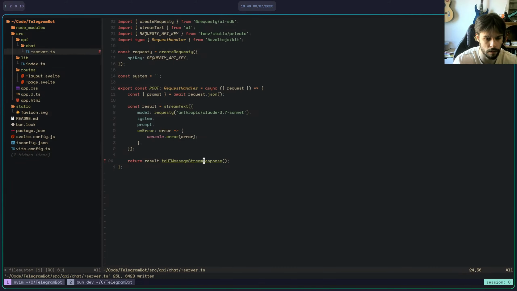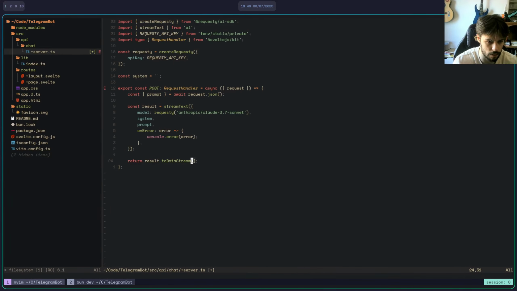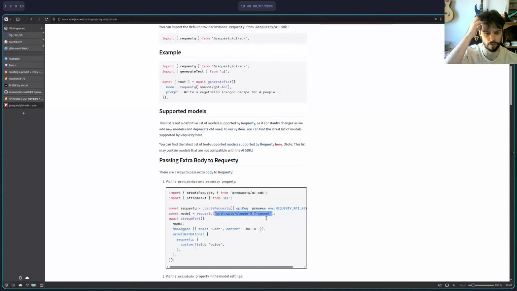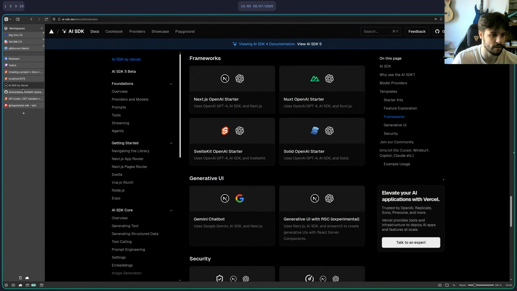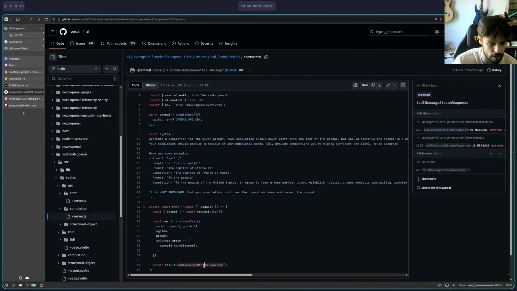But to UI stream response text? What do you have? To stream. To data stream. This looks wrong, two months ago, but AI core.